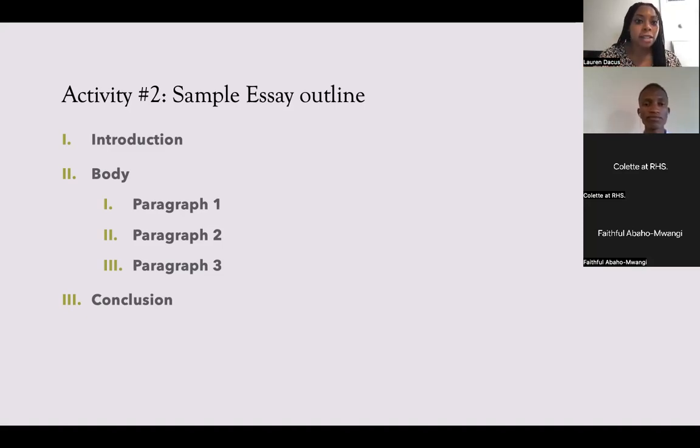Remember, you're not writing your essay, just the things that you would like to say so that you keep your thoughts organized. And then finally, you're going to have your conclusion, and you're going to write down what you would like to say in your conclusion without fully writing that out. So in your own free time, what I would like you to do is to send this back to me, fill in this sample essay outline. Tell me what you would like to talk about in your introduction, in your body, and your conclusion paragraphs. In this moment right now, I would like you to copy this format: introduction, body, conclusion, and you're going to share this back to me within the week.